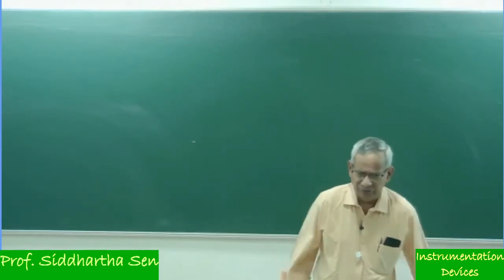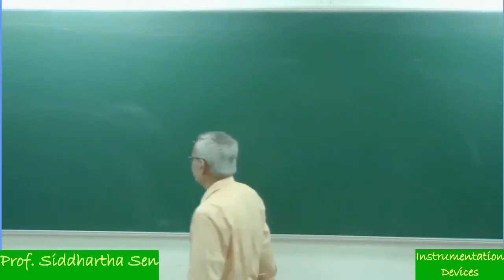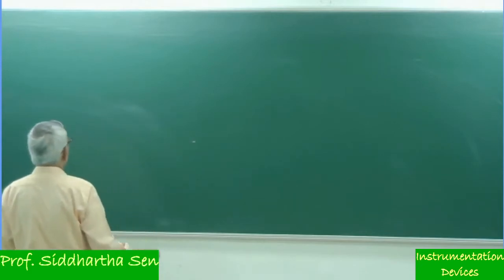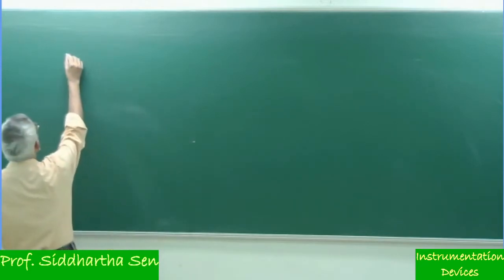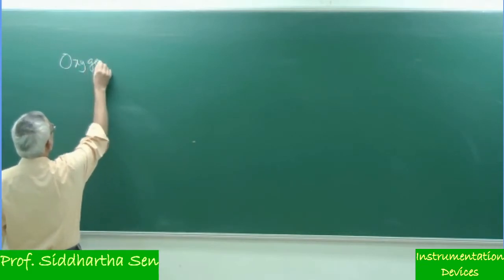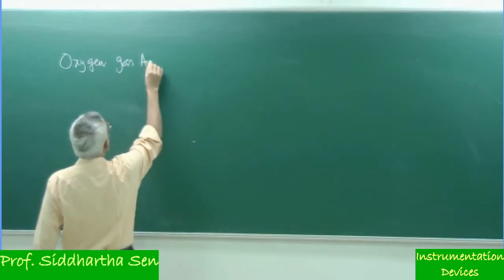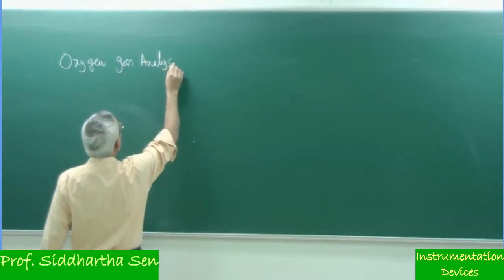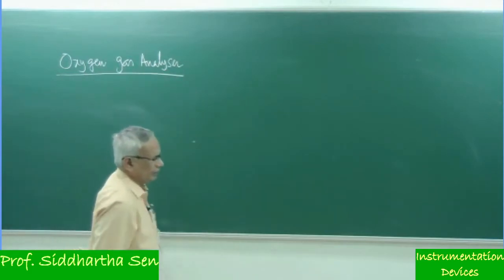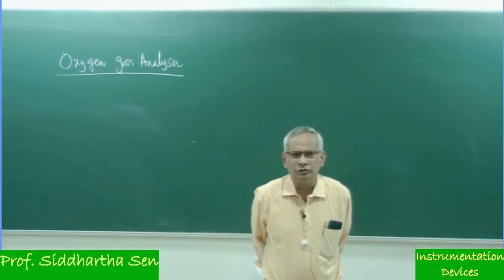And in fact, without going into the detail, another similar sensing technique is there, which is called the oxygen gas analyzer. So that means a similar technique can also be used for oxygen gas